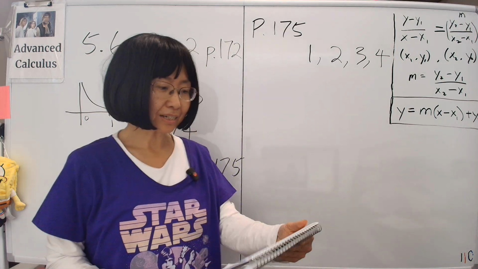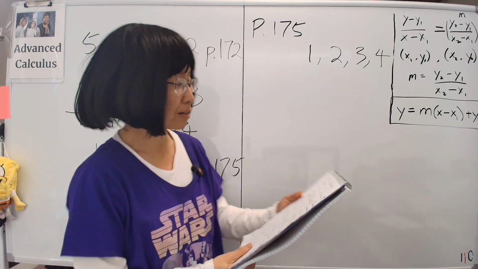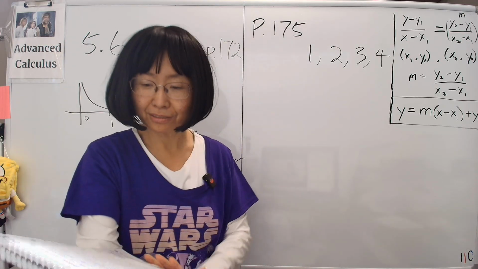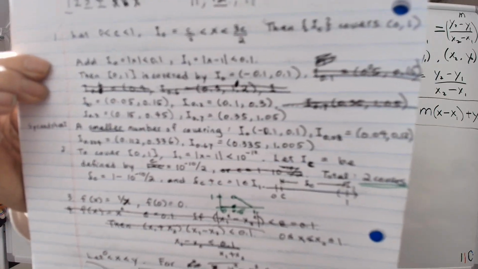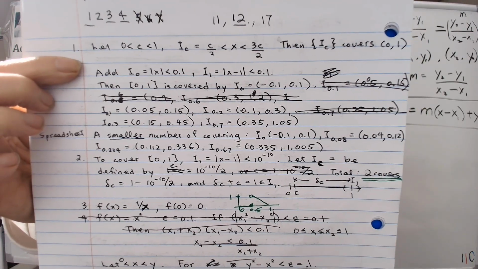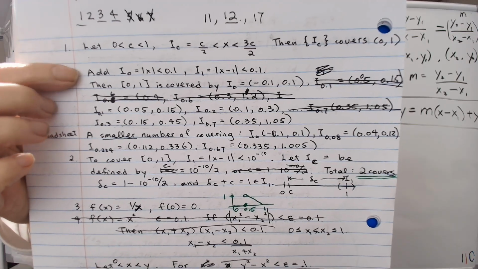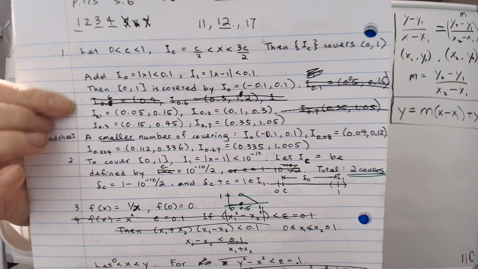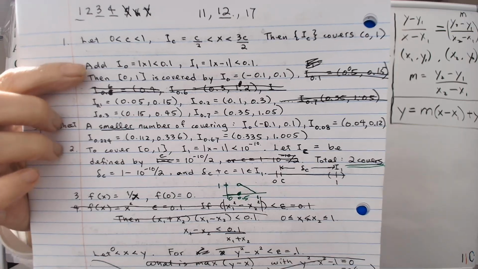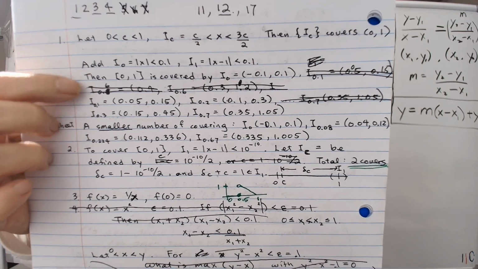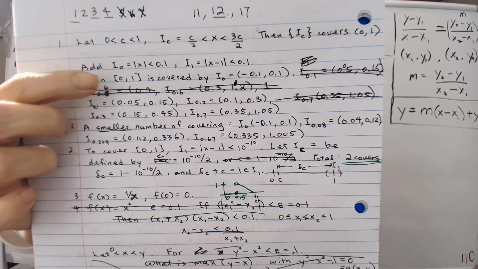All right, now let's look at homework problem number 1 on page 175. There is not much to talk about. The process is very straightforward. You just go from C over 2 to 3C over 2 until you cover the thing. I removed some of the covers because why bother having so much junk in there? So I ended up covered by, I think, 5 or something, I1, and then there's